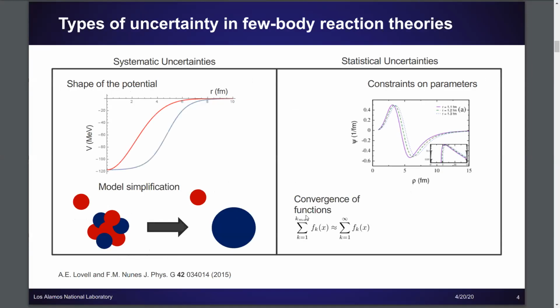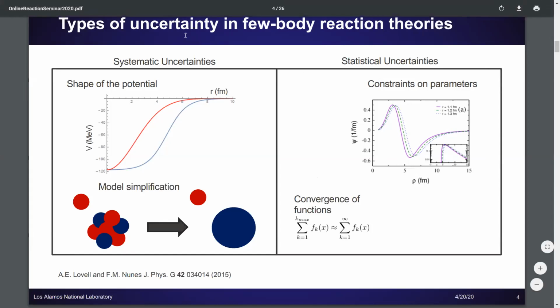And so particularly in few body reaction theory, we've generally been splitting our uncertainties into 2 different types. This would be the statistical uncertainties here on the right, which deal with more numerics. How do the functions converge? Have we included a big enough model space that our calculations have converged? Do we have constraints on parameters? What do those look like? How do those propagate from whatever has been fit to the final calculation or results that we're comparing to experiments, say?